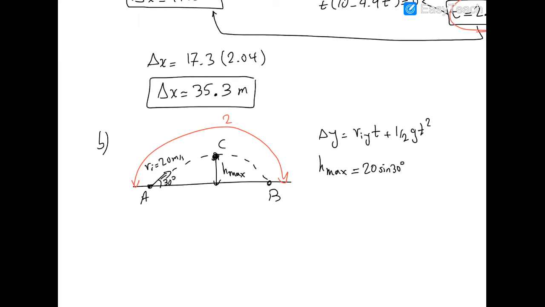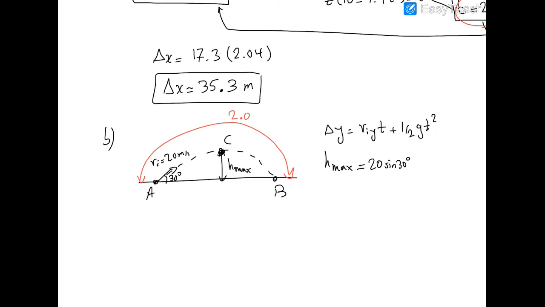That time is 2.04 seconds. So A to C, you can kind of guess it's half of the motion, and this motion is completely symmetrical, so you can actually divide this by 2. So this time is 1.02. So I can use that time for t here. So 1.02